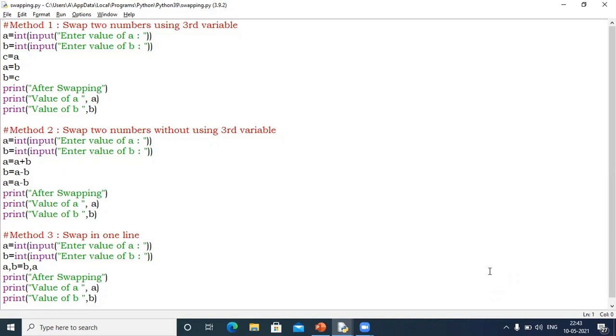Hello everyone. In this video, we are going to discuss swapping two numbers using different methods. As you can see, I have written all three methods, and one by one, I'm going to explain all of them. In the first method, I'm going to take two numbers from the user